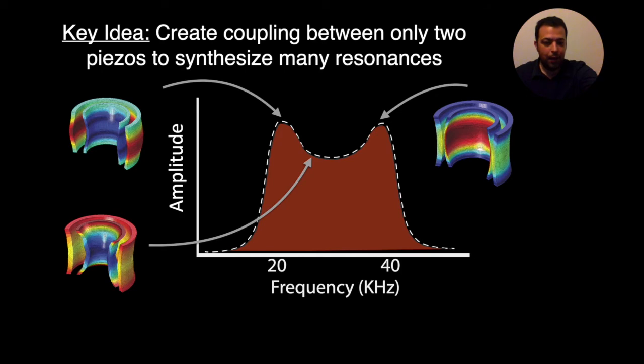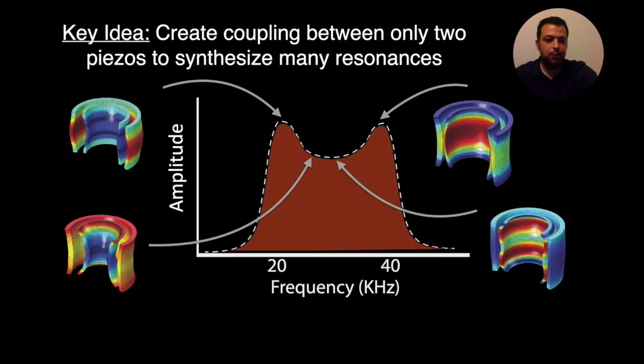Now, if I take another one, we can get a completely different mode of vibration. And it's very interesting. It almost looks like the inner piezo is split in half and is vibrating very strongly, while the outer one is relatively stationary. And this is possible only by the constraint and the coupling that we generated in this structure.